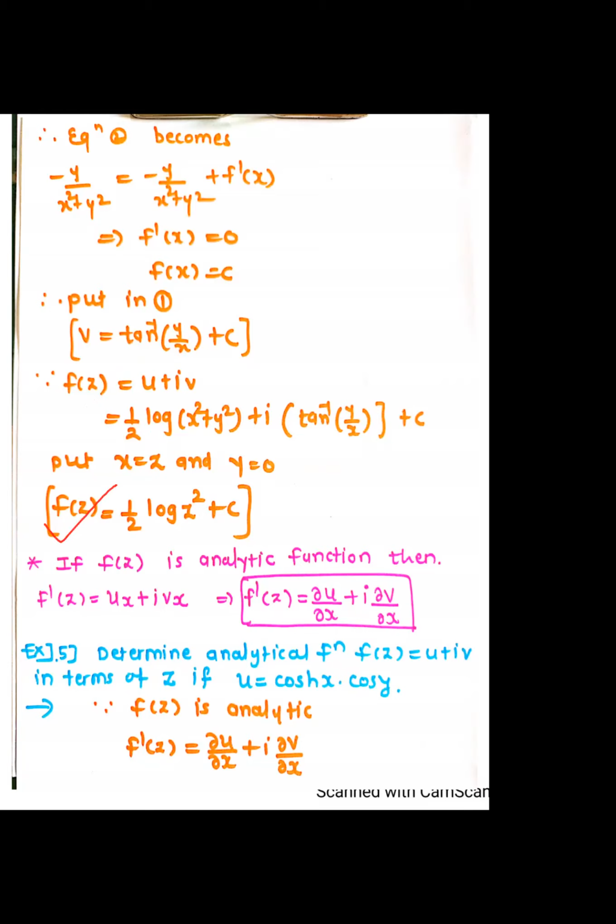बघा इथे put केल्यावर y 0 means what is remaining here? X square. And what is x? Z means it is log of z square. Y 0, tan inverse of 0 is 0. So therefore this term becomes 0. So what is remaining here? Plus c. I into c घ्या किंवा another constant c. Arbitrary ना. So you can use instead of ic. Actually हा I complete term ला multiply असेल. आणि I into c, that is I have considered as a c. Arbitrary na. So you can take any notation for the arbitrary.